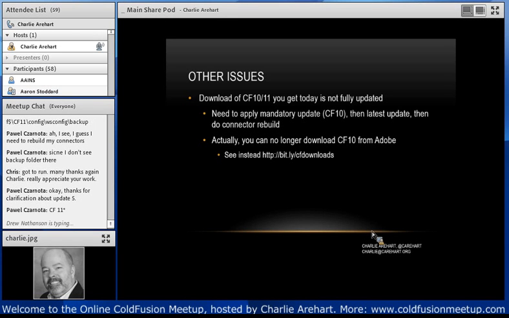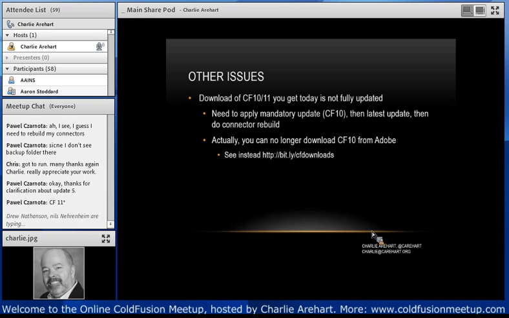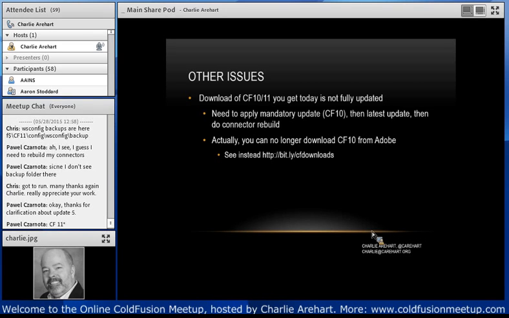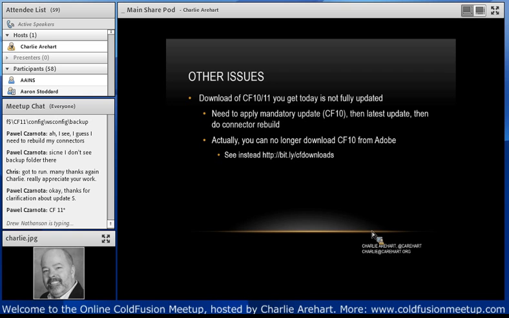And on CF11, generally you're going to find that after you download it, there's going to be available updates, and you'll have to do the latest update, then the connector rebuild. Now, you can no longer get CF10 from Adobe at all, but you can get it at bit.ly/CFDownloads. That's a site put together by Gavin Picken and contributed to by myself and several other people